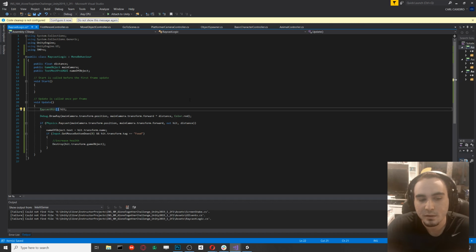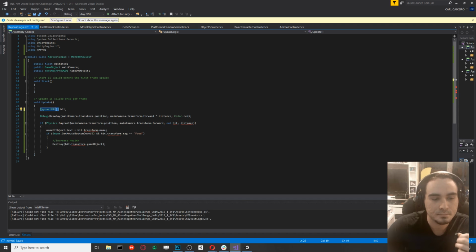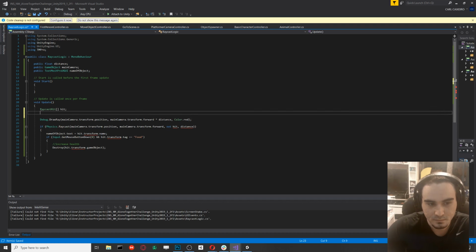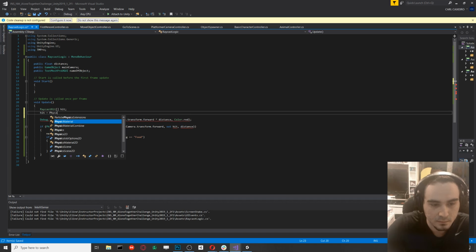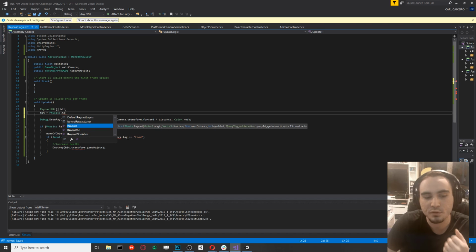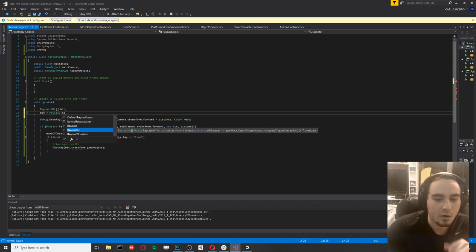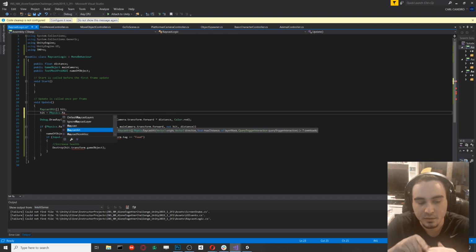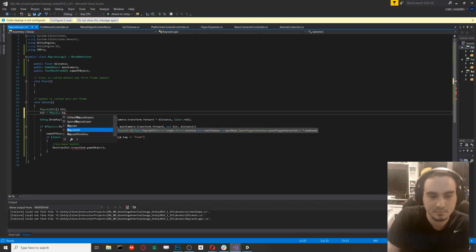So this is going to be an array, as I said. So we have to do these brackets. And instead of doing this if statement, we could actually save hit outside of the if statement, which you can't really do if it's not an array. So we do hit equals Physics.Raycast, and you see in the first one we used Raycast. We're going to use RaycastAll now. So RaycastAll is going to store everything that the raycast is hitting, so within the line of sight. So RaycastAll,